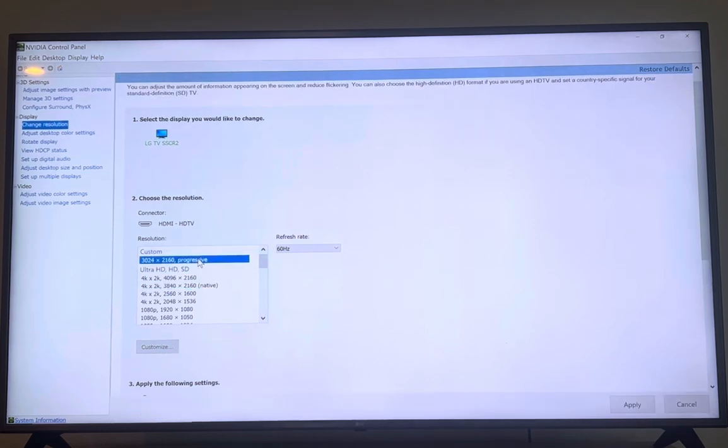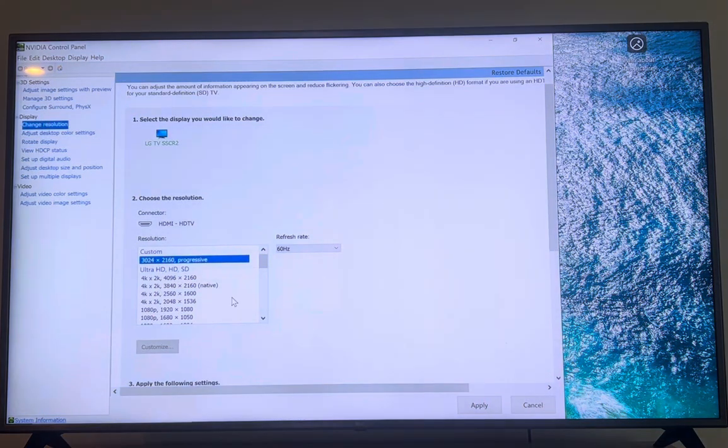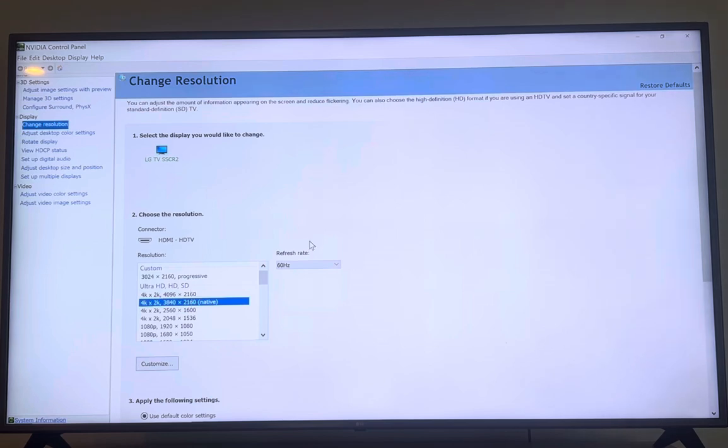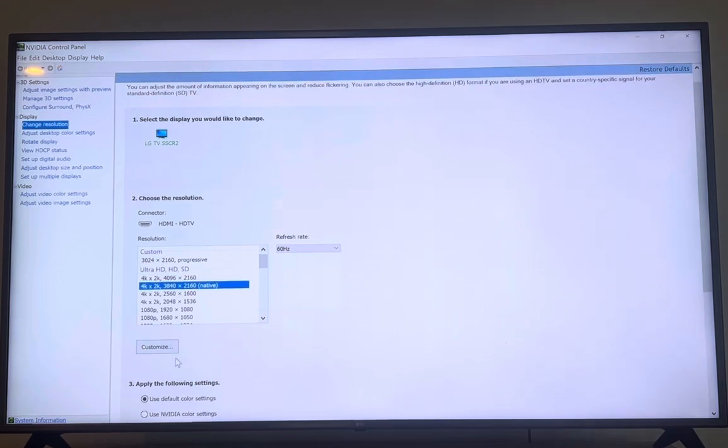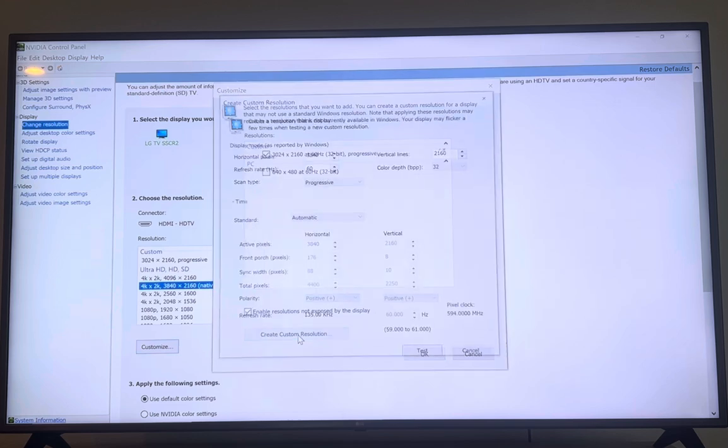Then I go down to where it says custom, and you can see I've got that 2160 that I set up. I hit apply, and it's going to stay like that if I hit yes. I'm going to hit no for you here real quick, and then we're going to go back into another option. If I go back into customize and go in OK here,